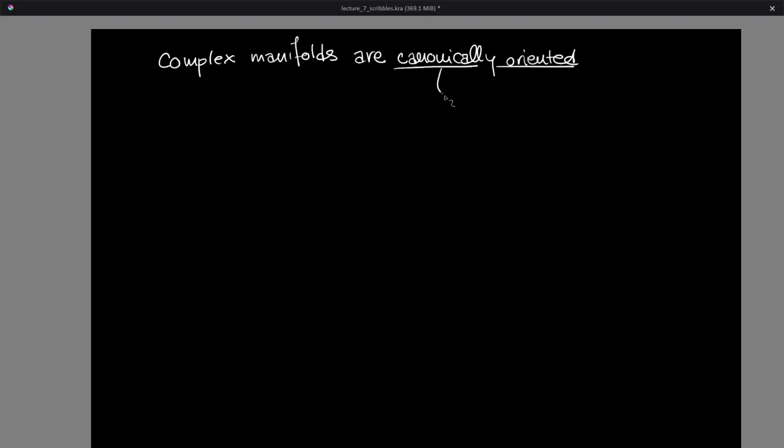So a corollary of this fact is that holomorphic, so complex manifolds are canonically oriented, right? And so that translates to the fact that they have an oriented atlas,